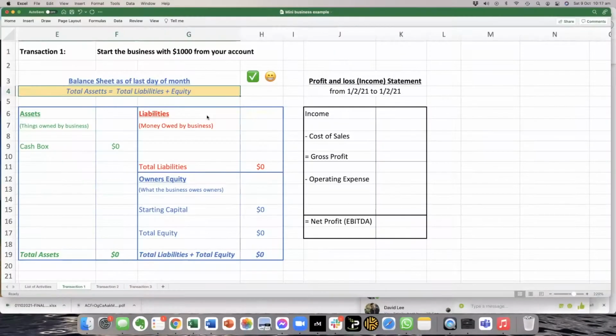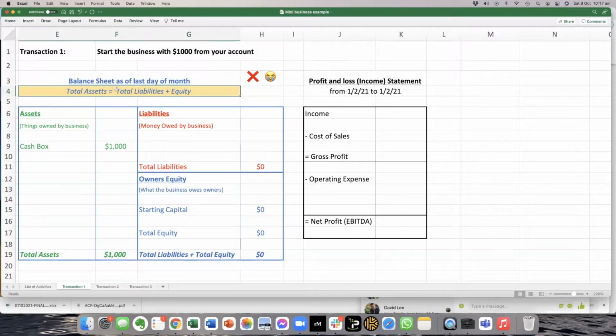So let's imagine we're going to start a business, and we're going to start with $1,000 from our own bank account. And we're going to set up our financials, whether we've got Xero or QuickBooks organized. This is how it all starts to happen. Okay, so we're going to take $1,000 cash and add it into the cash section of our balance sheet. Now, I want you to really understand something about the balance sheet, and that is to do with